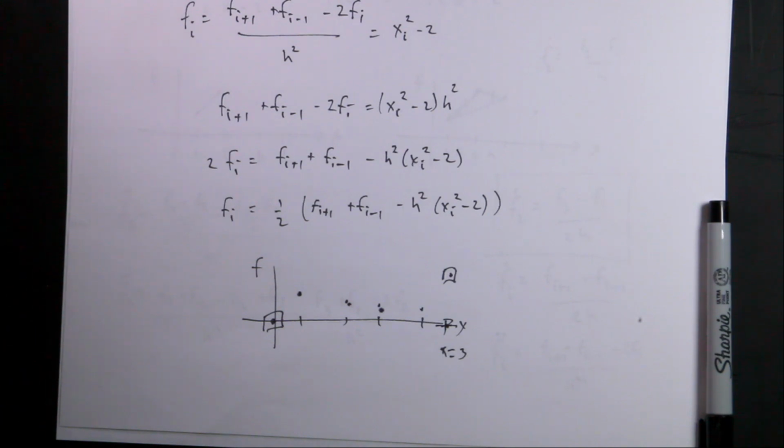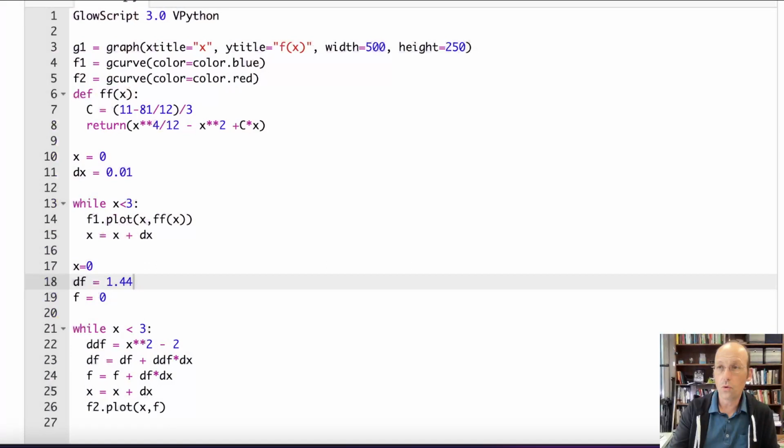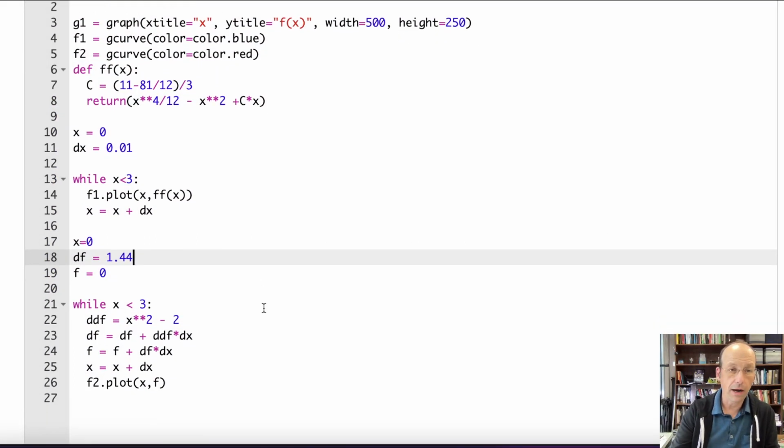I'm using what I did before. My guess was x, no. I just had they were all just zeros. Okay, so let's do that. So let's go back to Python and make a new one more graph here.